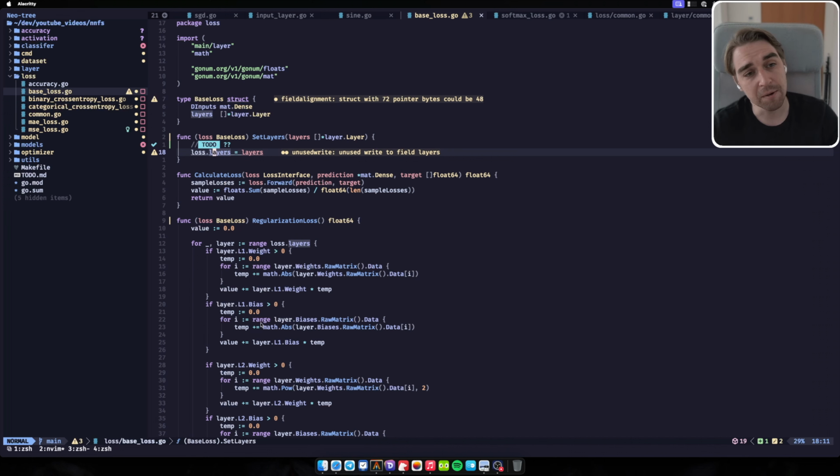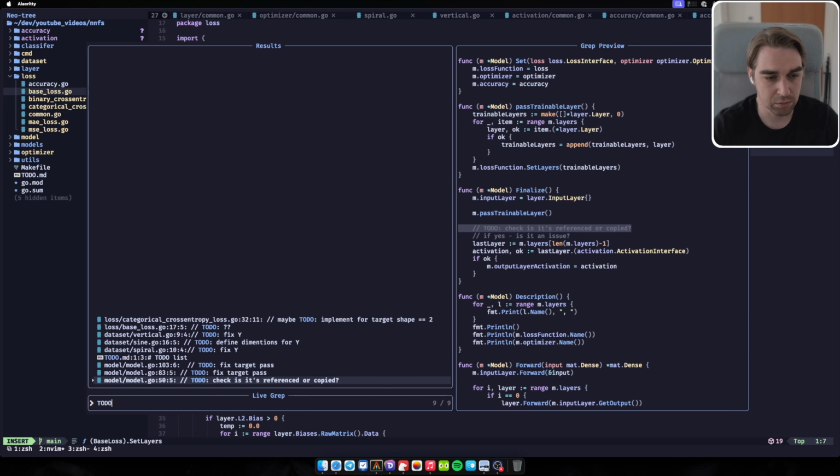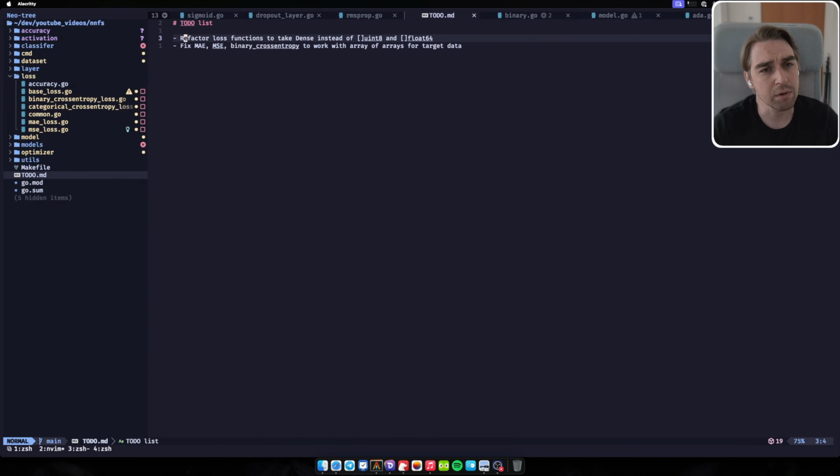I think next, I still have to do this one: refactor the loss function to take dense, yes, to work with the array of the target data. Yeah, I still have to do this